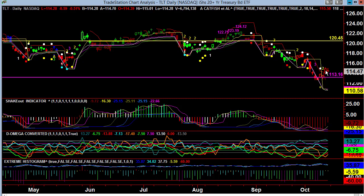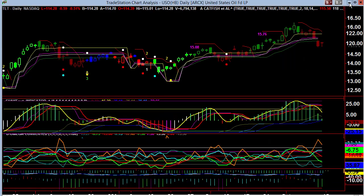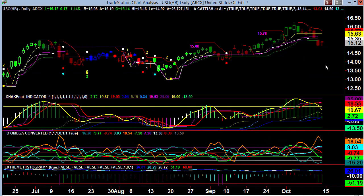TLT, again, already overdone, because everyone realizes that rates are going to continue to go higher, and when that yield rises, you're going to have to lower the price tag in order to justify the yield. So it works invertedly. USO, which is oil here,